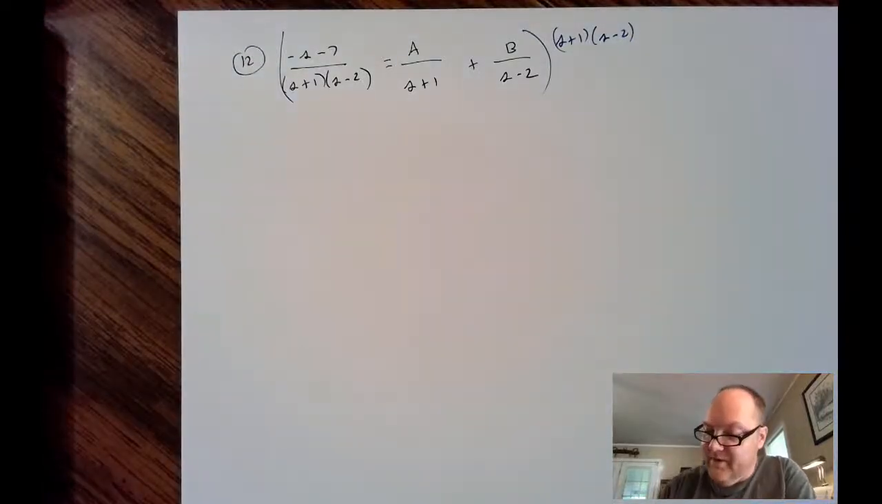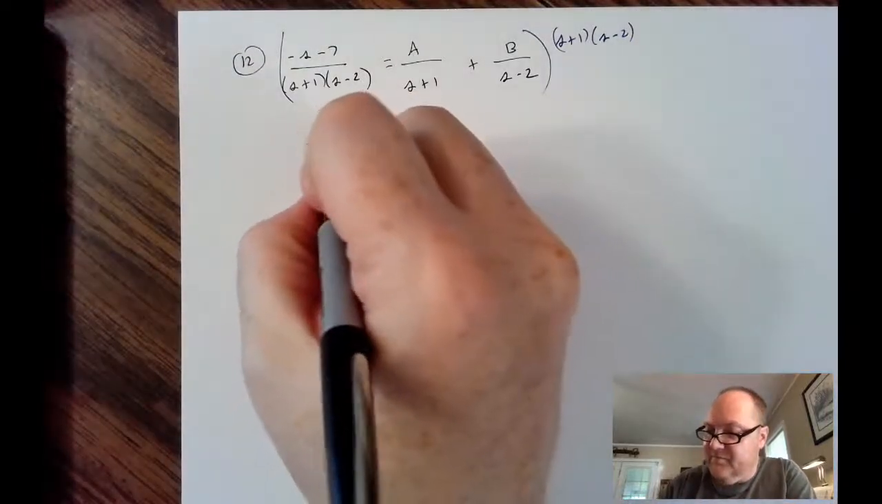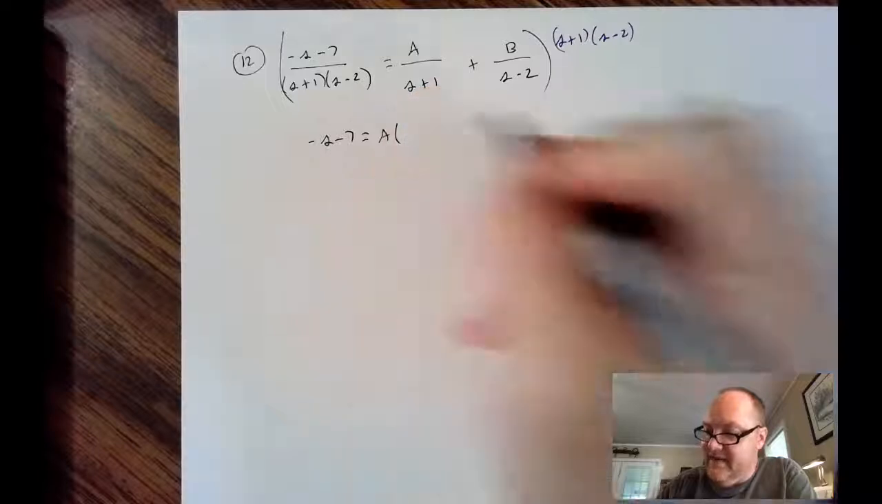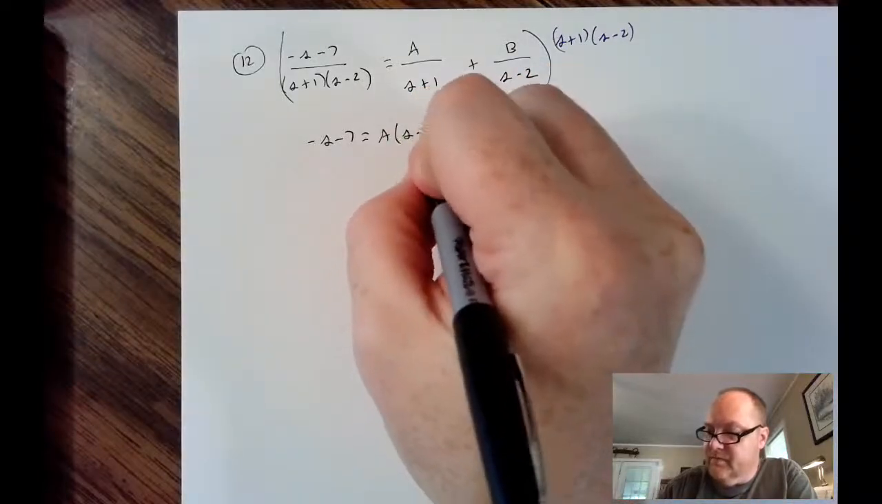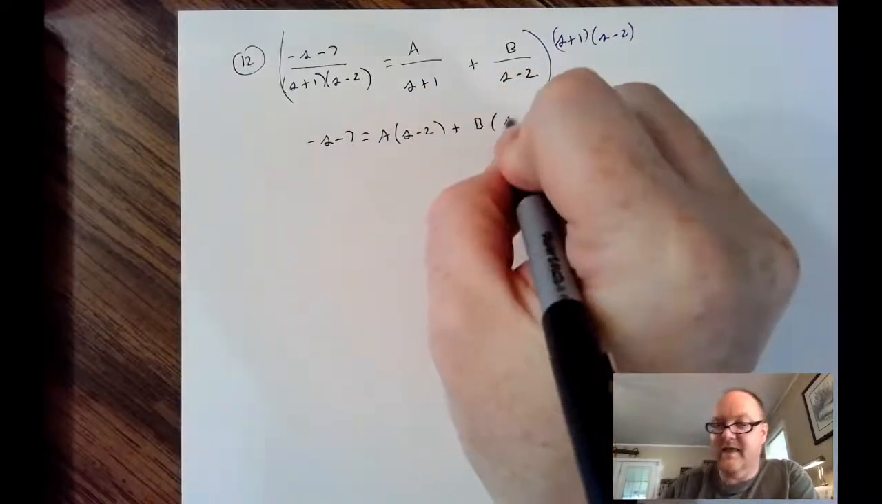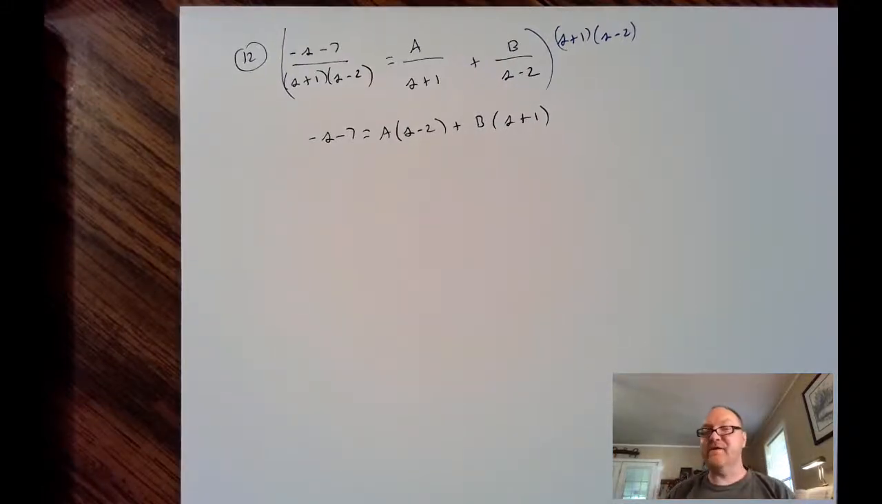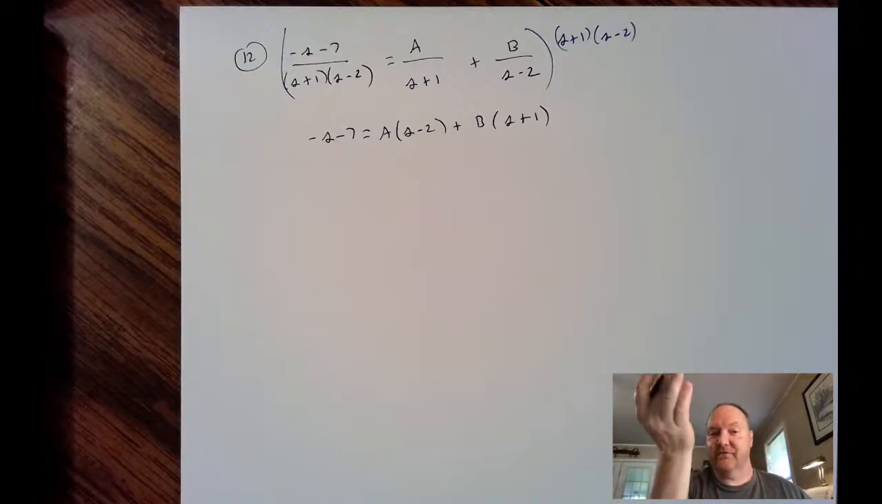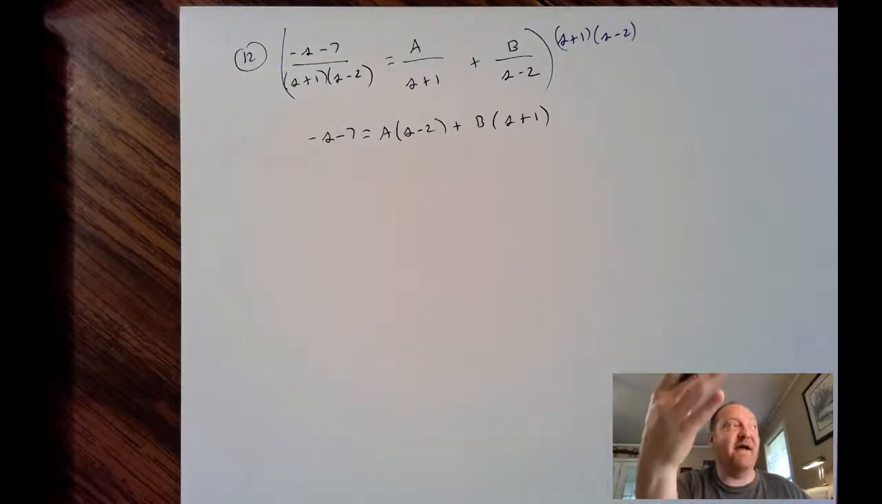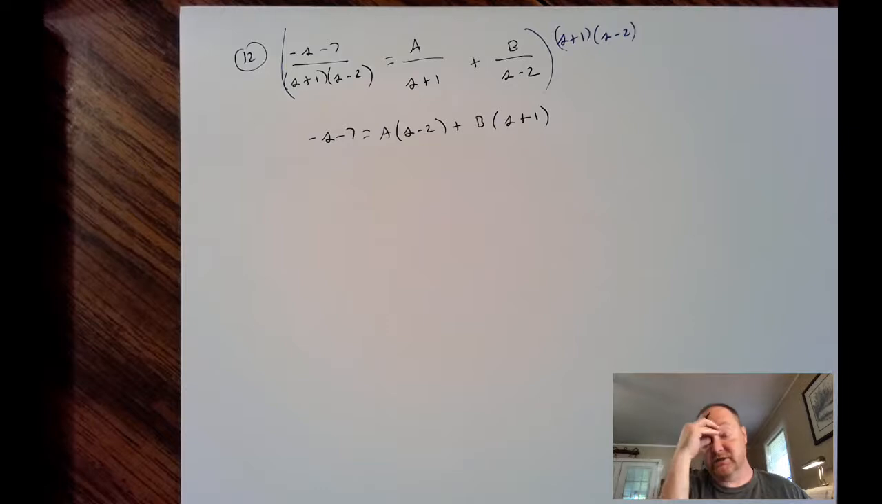And so I'm left with negative s minus 7 equal to A times s minus 2 and B times s plus 1. Remember how this works. S can be any value. A and B are fixed. So I can choose any value of s I want that solves this equation. Sometimes we have to solve a system of equations, but for this problem, if I let